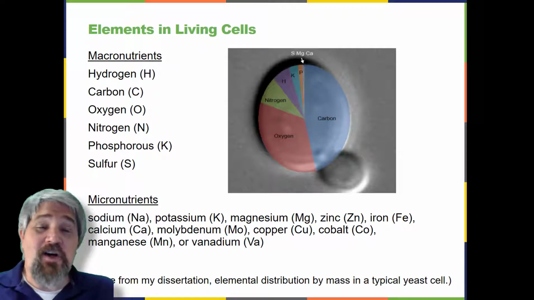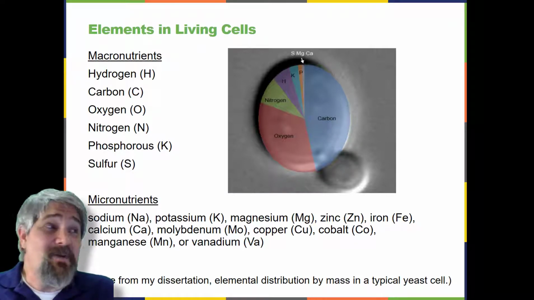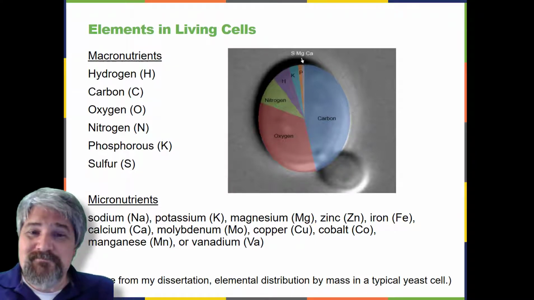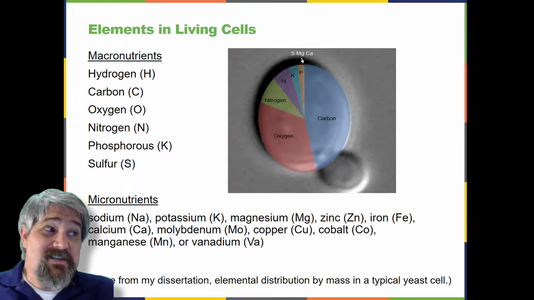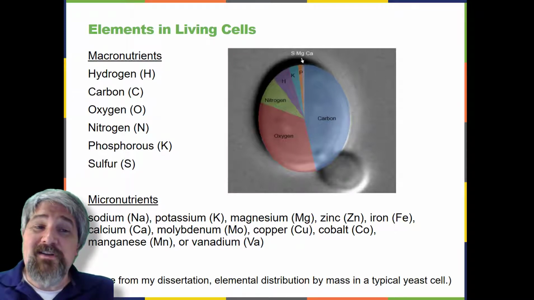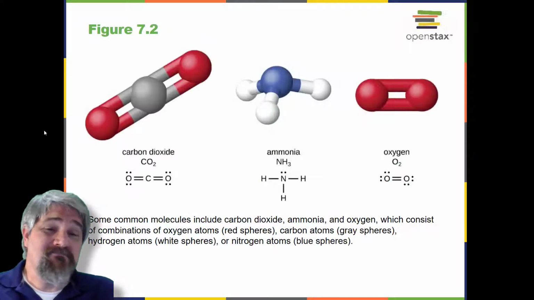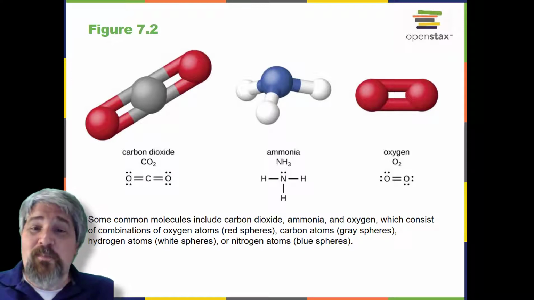Now this figure is based on mass. Hydrogen is the most abundant element, but it doesn't weigh very much. By mass, carbon is the most prevalent in your average yeast cell, which is what is pictured here. The four most abundant elements in living matter, carbon, nitrogen, oxygen, and hydrogen, have low atomic numbers and are thus light elements capable of forming strong bonds with other atoms to produce molecules. Carbon forms 4 chemical bonds, whereas nitrogen forms 3, oxygen forms 2, and hydrogen forms 1.